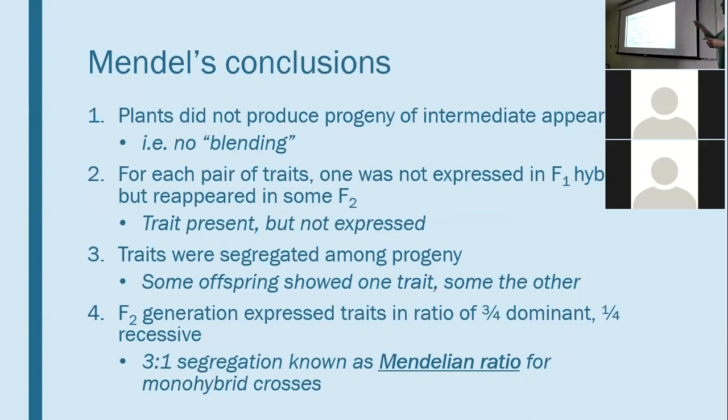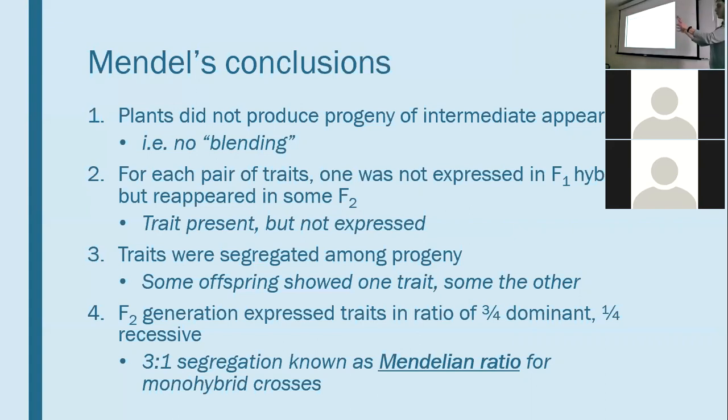All right, so a trait can be present. You can have a gene for something and not express that gene, not actually have the characteristic that you have a gene for. Three, traits are segregated among progeny, which is one of those duh things: some of the progeny have one trait, some have another. It segregates among the progeny. Easy enough. Last conclusion, in the F2 generation, 3/4 of them show the dominant trait, 1/4 of them show the recessive trait. So that recessive trait comes back a generation later, and this 3:1 segregation ratio